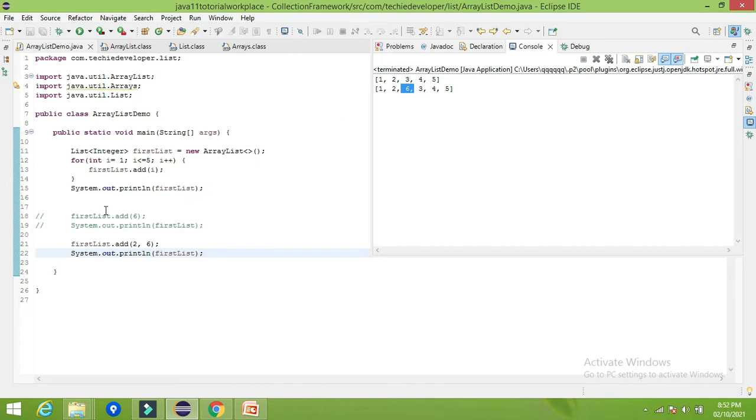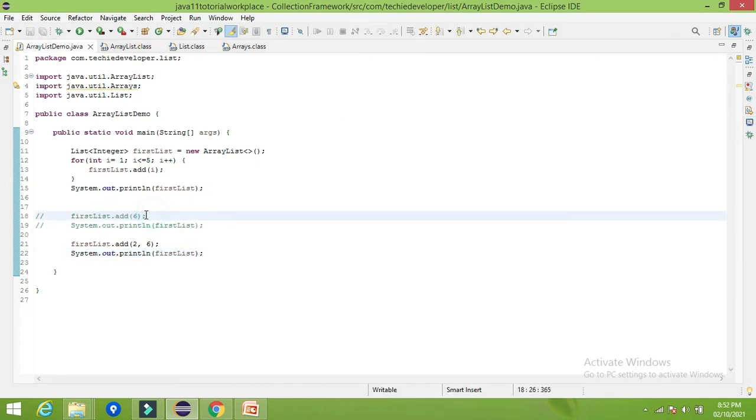When we use the add method, it appends the element at the end of the list, but when we want to add this particular number at a particular index position, at that time we can use this method with the specified index. So this is all about add with the index number.